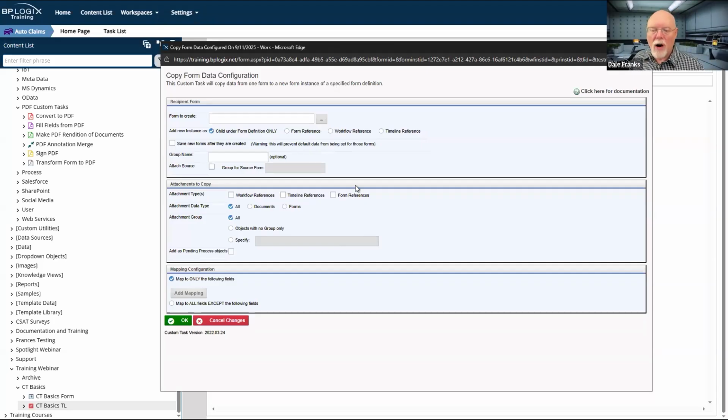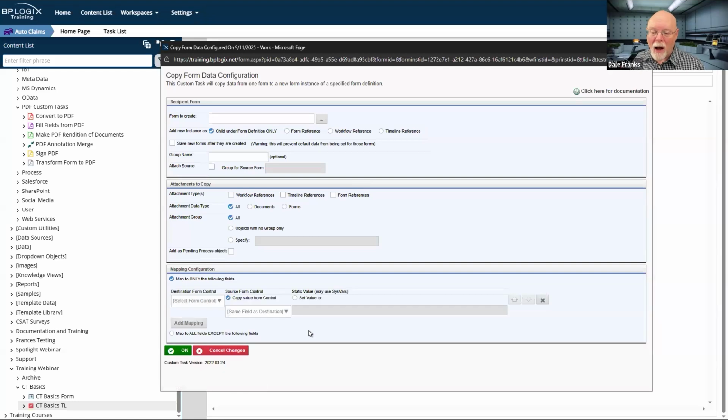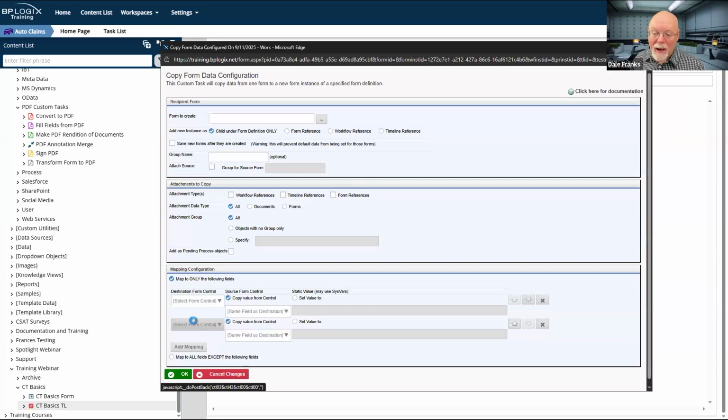And it needs to know what the data is, because when I start clicking add mapping, it's going to want to know what my source control is. I don't have any form fields in that form, so there's nothing it can show me here. If I don't have that container form set, it cannot enable me to select the source form control, because it doesn't know what form that source form control is coming from. So I can't map fields from my source form to my destination form.